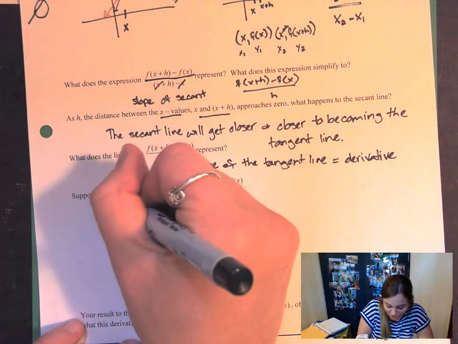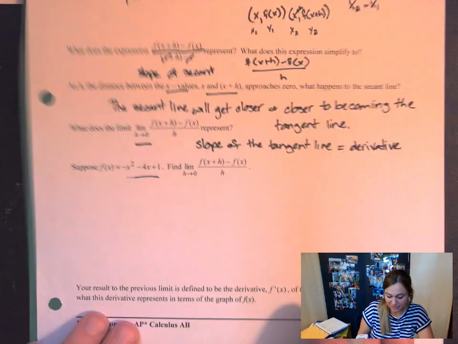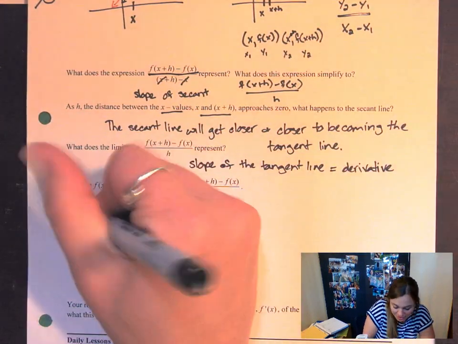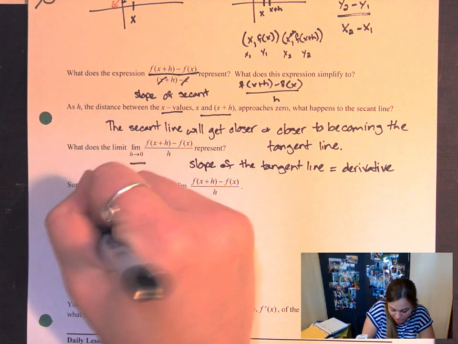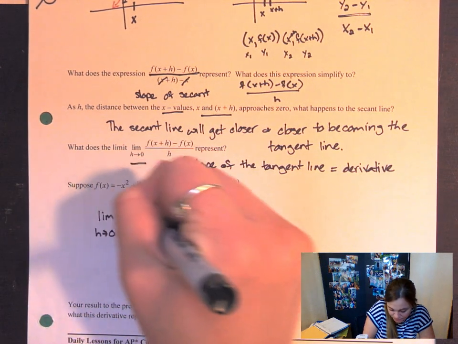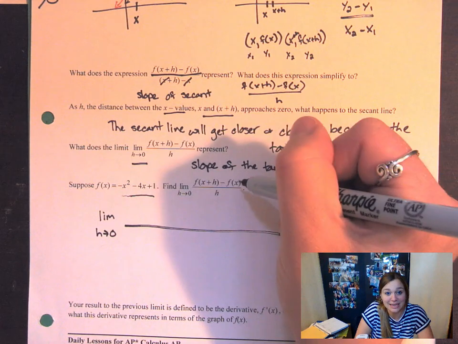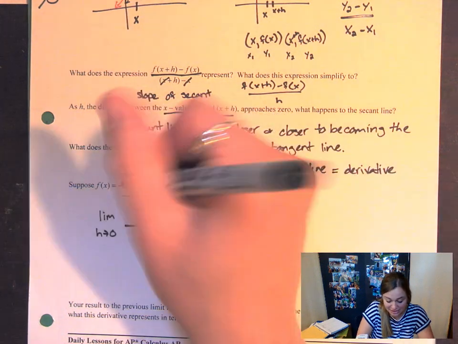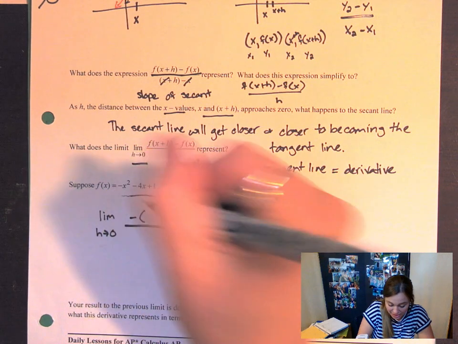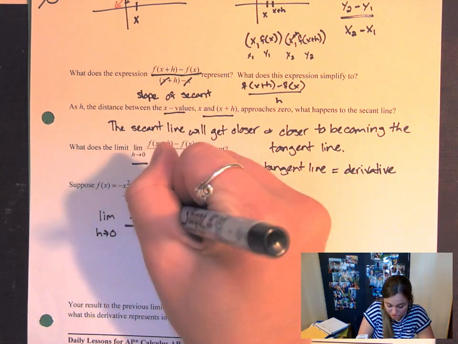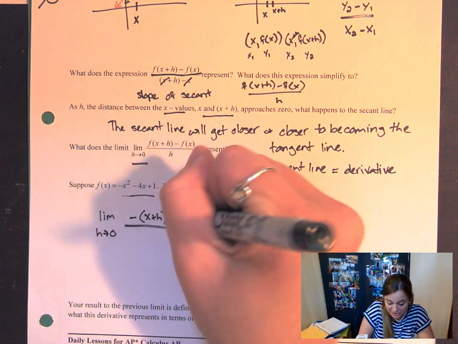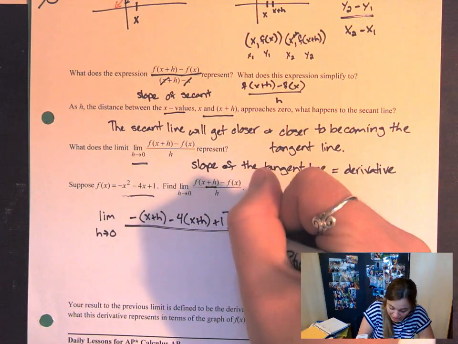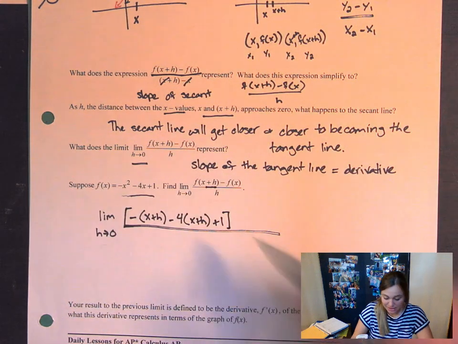Okay, let's actually try this then. So if I have a function like this, and I said the limit as h approaches 0, f of x plus h minus f of x over h, I'm going to substitute everything I can. So limit as h approaches 0, f of x plus h. So everywhere I see an x, I'm going to substitute x plus h instead. So over here I'm going to write negative x plus h squared minus 4 times x plus h plus 1. All of this is f of x plus h